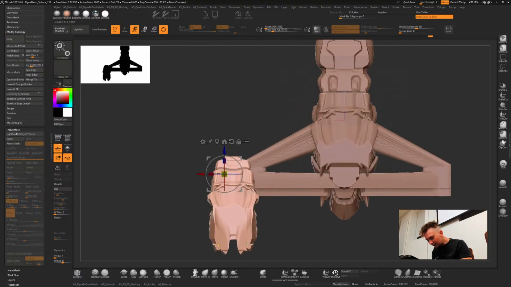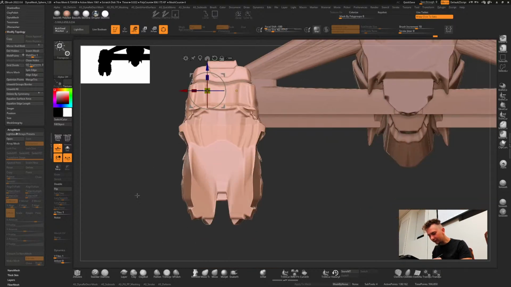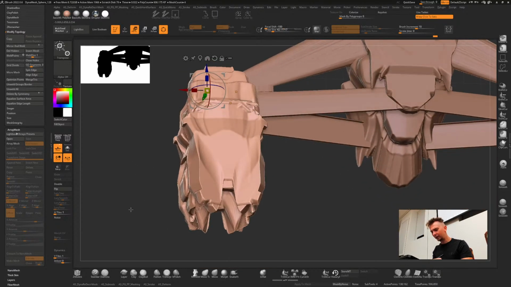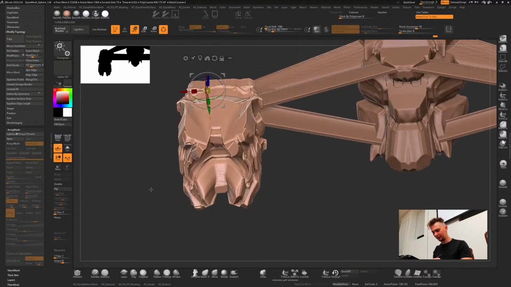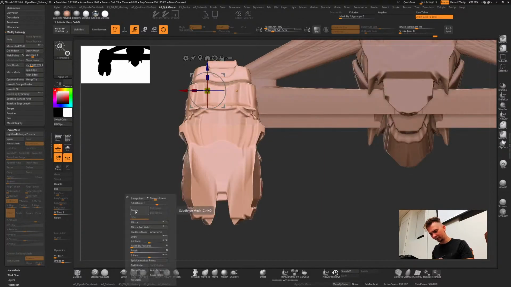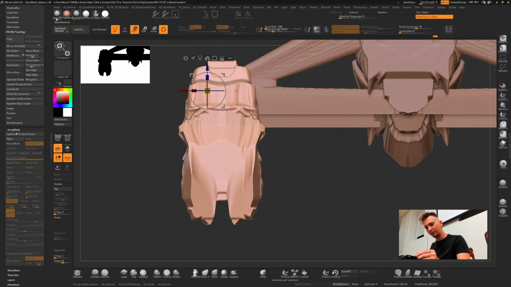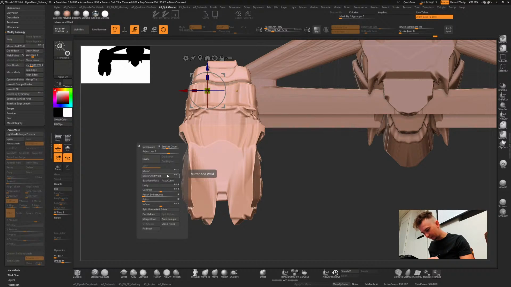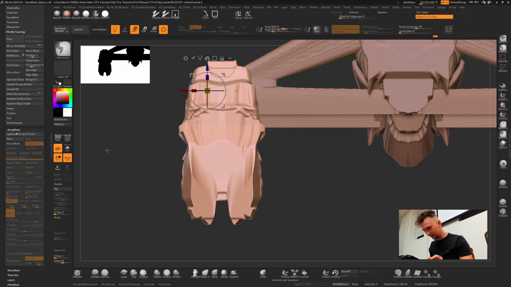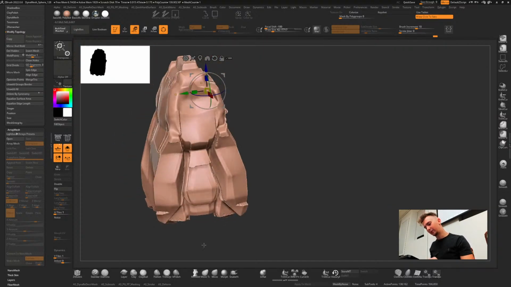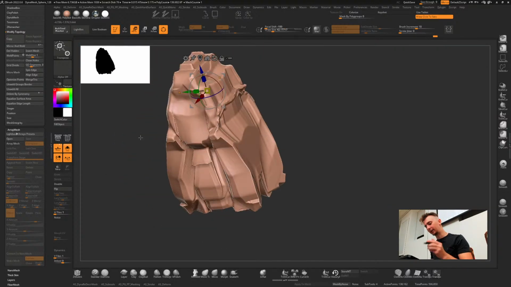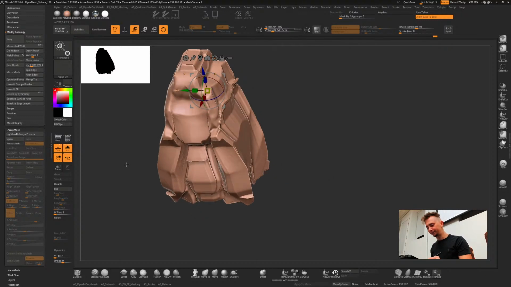This is kind of cool. I like how this little thing protrudes and goes into the shape. What I don't like is that the symmetry is broken entirely. So I'll go and do mirror and weld on X and Y. Okay, so the problem here is ZBrush mirrors from left to right.